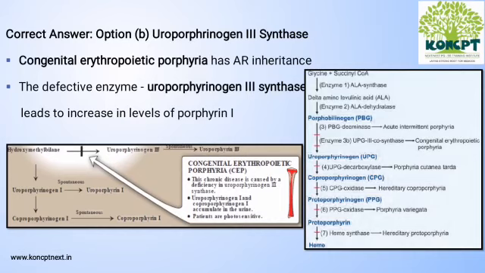Here you can see porphobilinogen getting converted to uroporphyrinogen with the help of these two enzymes, by forming an intermediate called hydroxymethylbilane. This has two fates: either it can form uroporphyrinogen 3 or uroporphyrinogen 1. Due to the deficiency of the enzyme uroporphyrinogen 3 synthase, hydroxymethylbilane accumulates and gets converted to coproporphyrinogen 1, which then spontaneously gets reduced to form coproporphyrin 1, whose level is elevated in the circulation as given in the clinical scenario.